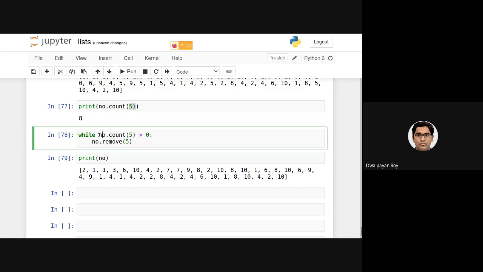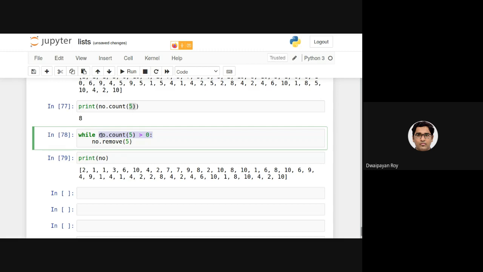When there is only one 5, in that case it will be 1, so 1 is greater than 0, so I'll be removing that 5, and after that this no will not be having any 5. So that's why this condition will become false and the execution will come out of this while loop.